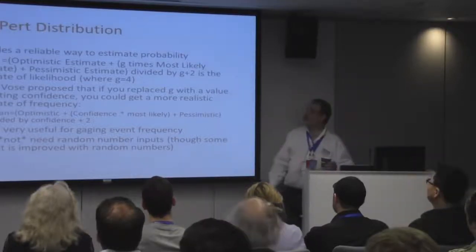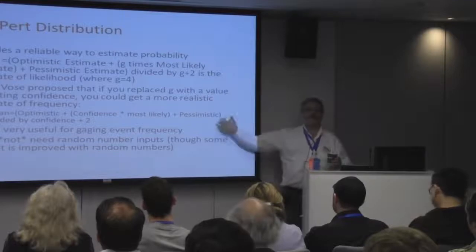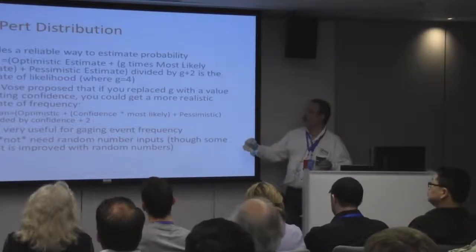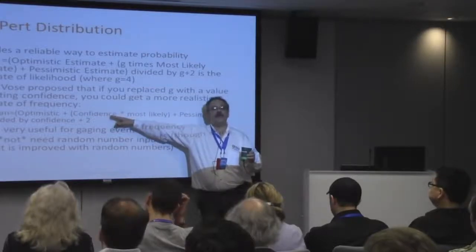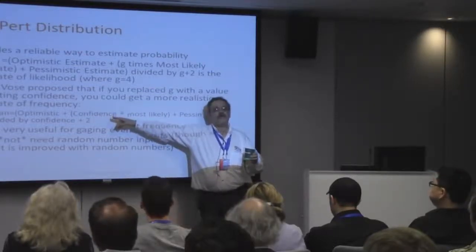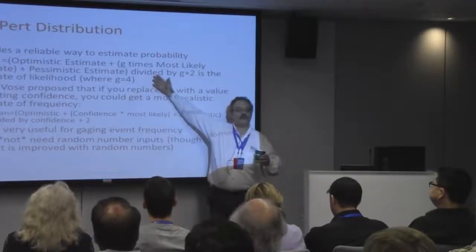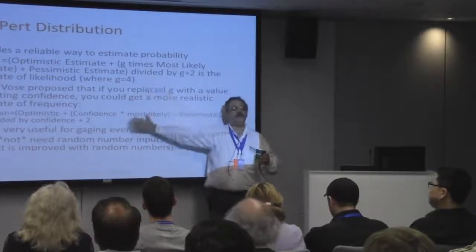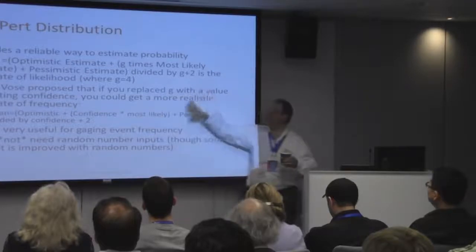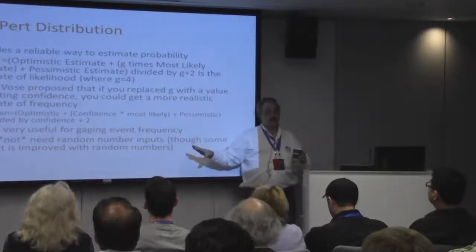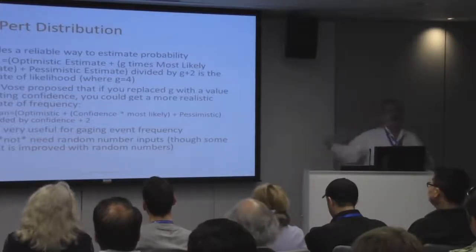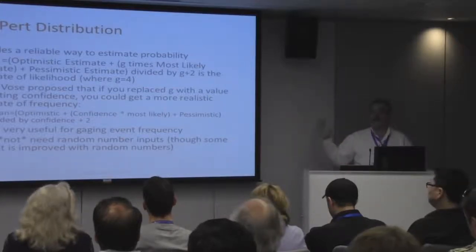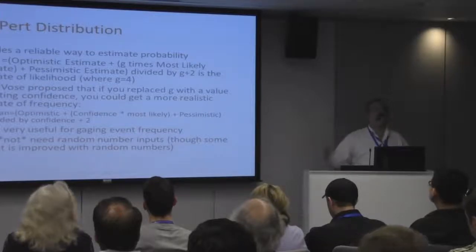Fitting to this formula right down here, which is the formula that I use in my spreadsheet. Now, confidence is obviously a variable around 4. How close to 4 you get is how close to the classic PERT distribution you are. The further away from 4 you are, the less confidence you have in your estimates. And you can use that as you collect your data in order to express your own uncertainty about your estimates, providing a more reliable analysis in the process.